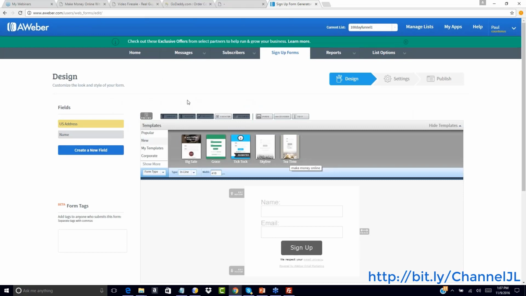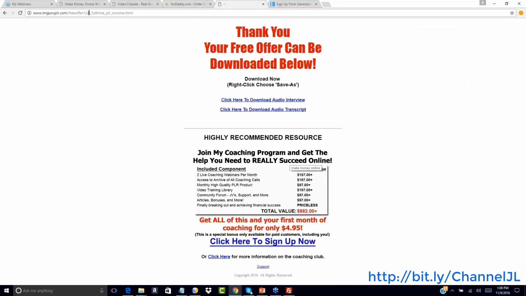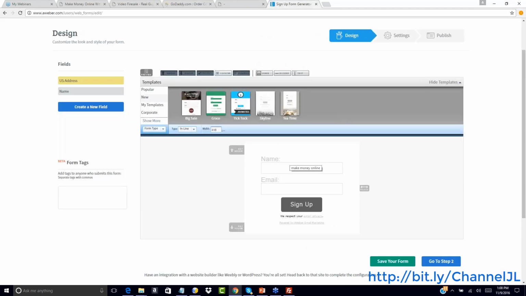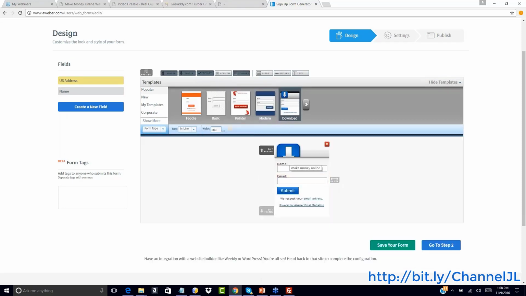Okay, so now what we're going to do here is go to the opt-in forms. We're going to choose our template. There are several templates that you can choose from. There's some that I've used pretty successfully, so I'll show you which one I've used. It's this gray one with this blue background. It works really well for me. Again, you can choose any of the templates that you want. You absolutely don't need to use the one that I use. I just happen to like that opt-in form. That's all. So I'm going to choose load template,